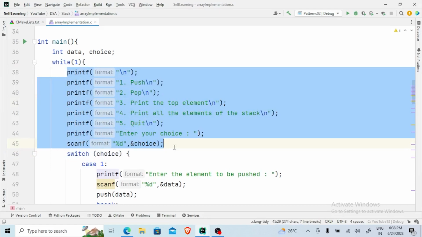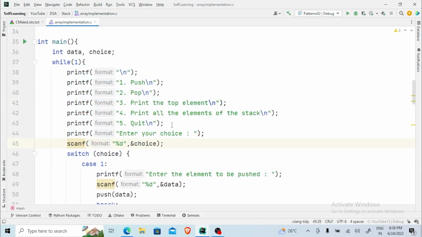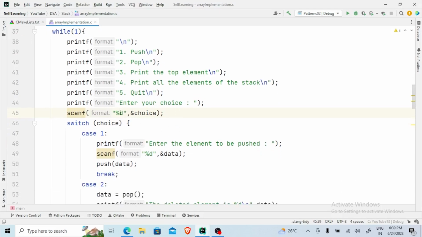I am going to ask for the user's choice. 1 for push, second for popping out any element, third for printing the top element, fourth to print all the elements of the stack, and at last number 5 is to quit whenever the user wants to terminate the entire execution of the program. So here I am asking the user to enter the choice. Now whatever the user enters,